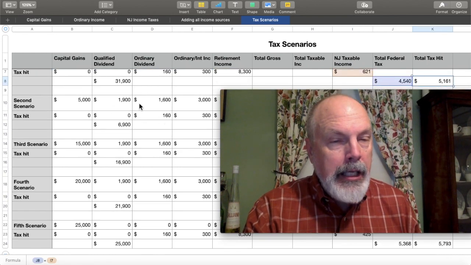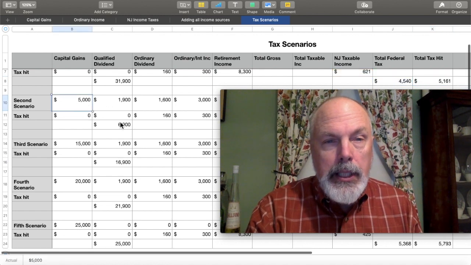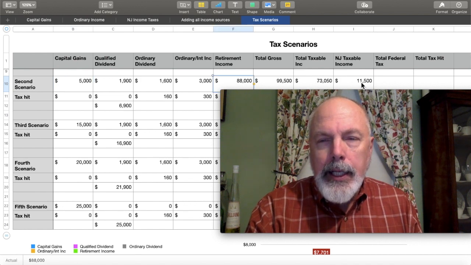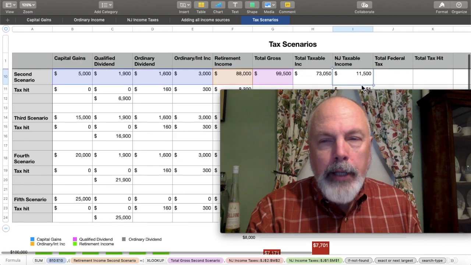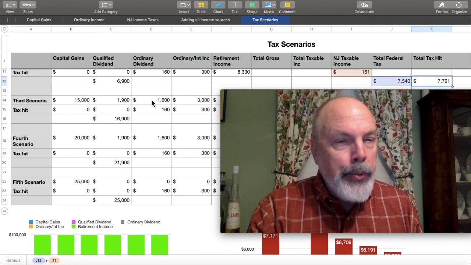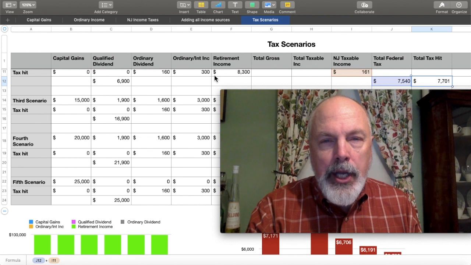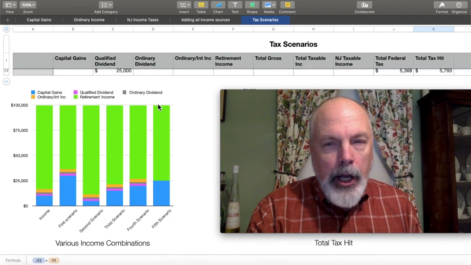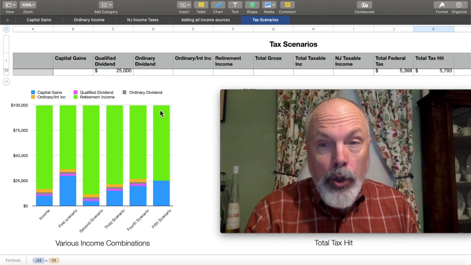And that got me thinking about, okay, let's lower the capital gains $5,000 and increase the retirement income. Lowers the New Jersey tax income, but what does it do to the total tax? And I played around with various scenarios of different amounts of capital gains and different amounts of retirement income. I left these three columns the same. Created these bar charts. Now they're all equal because they all equal